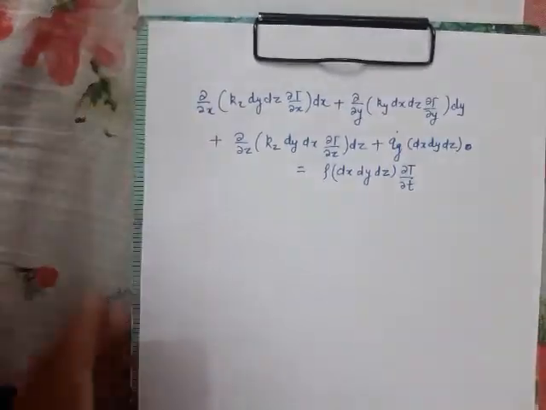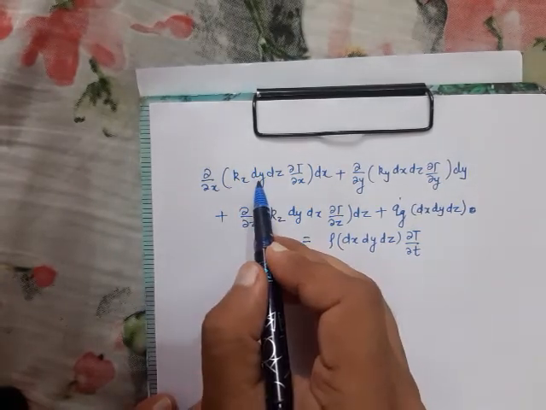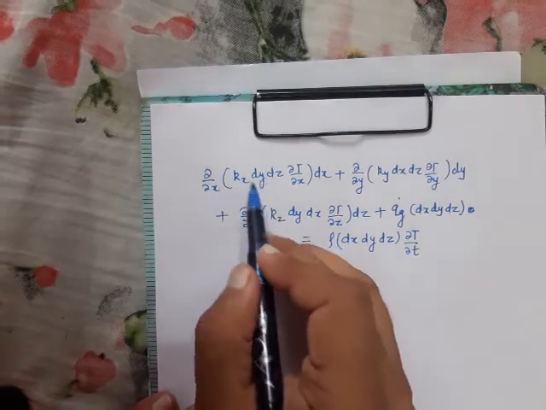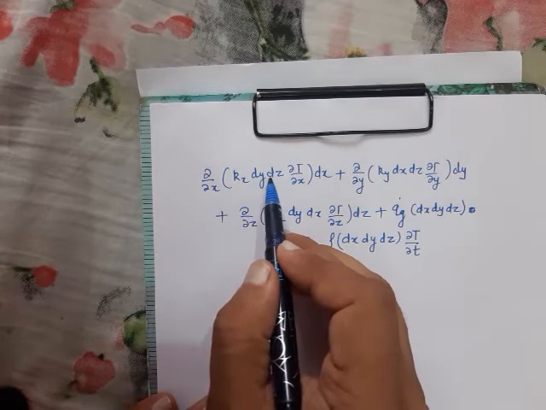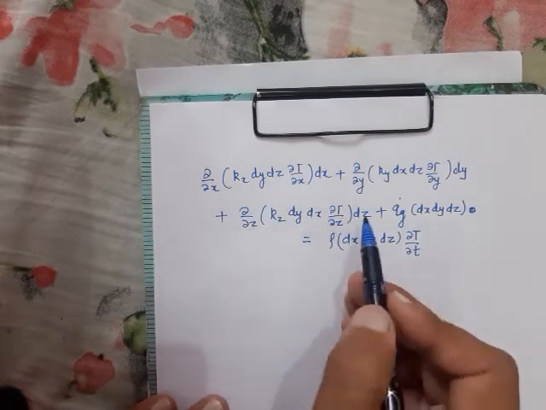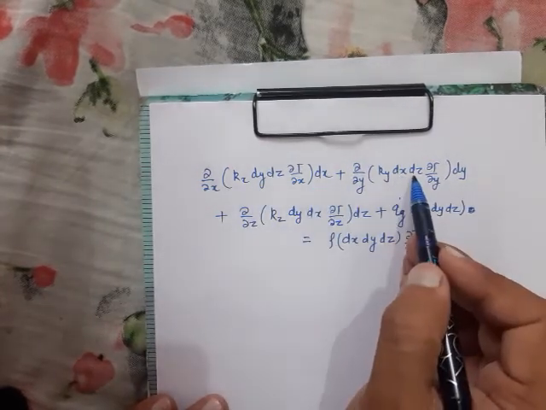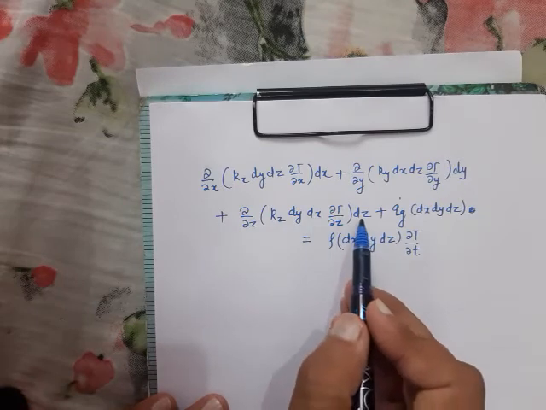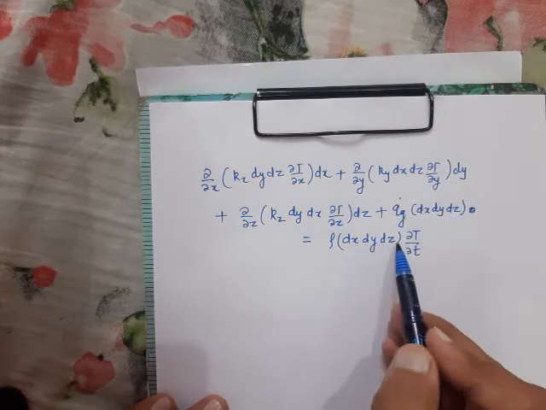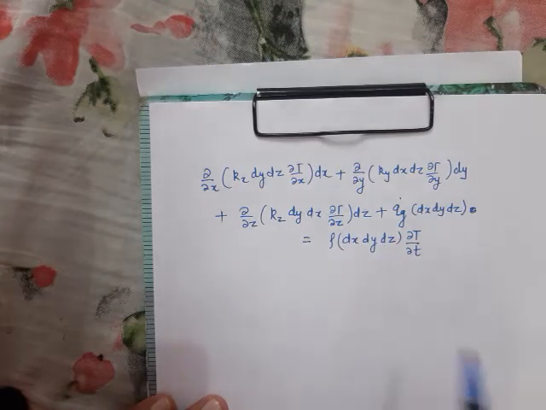So we have written this equation. Now please note, if I consider this equation, then you can take dy and dz out of this integration, because dy and dz are constant dimensions of the element, this dy, dz and dx. So from each and every term, dx, dy and dz gets cancelled out. Please note, dy, dz, dx, which indicates the volume of the element, which is constant. So this can be cancelled from each of the terms.